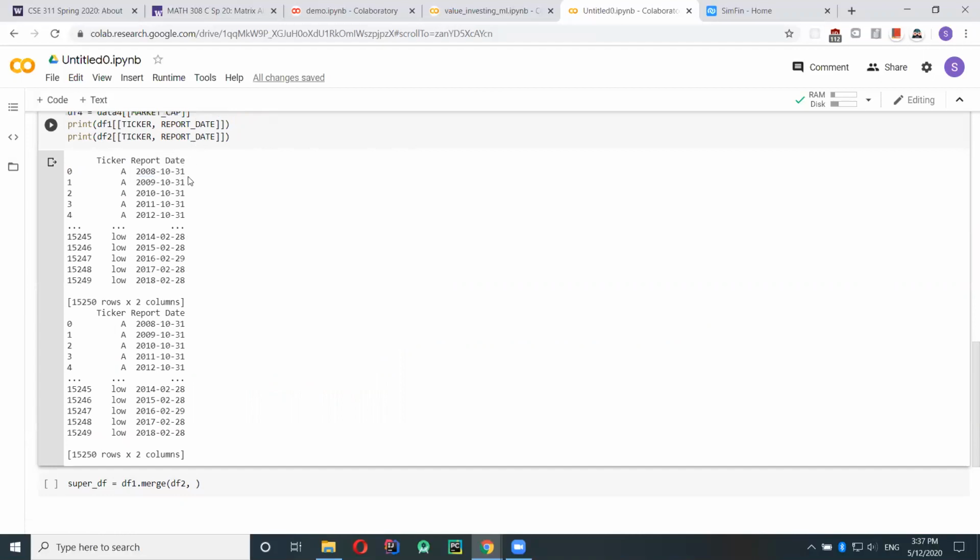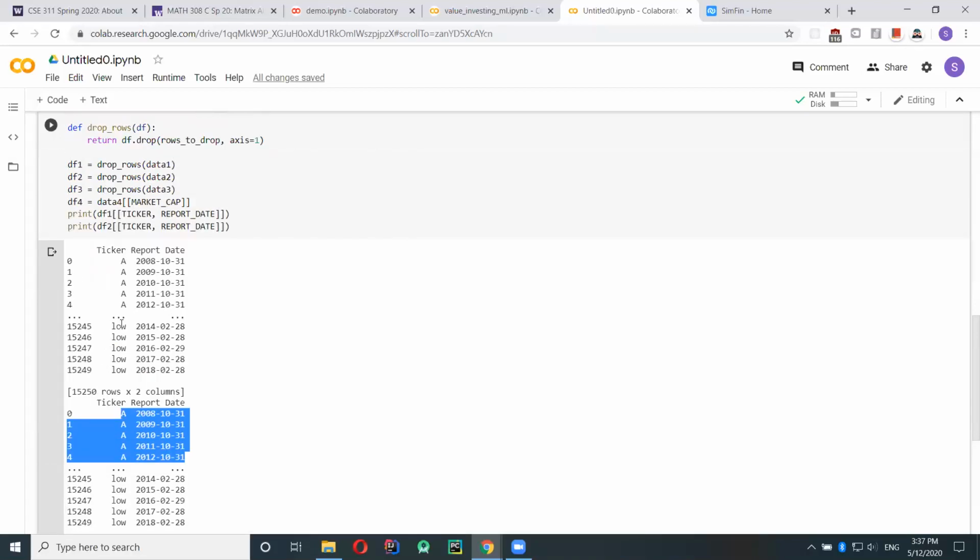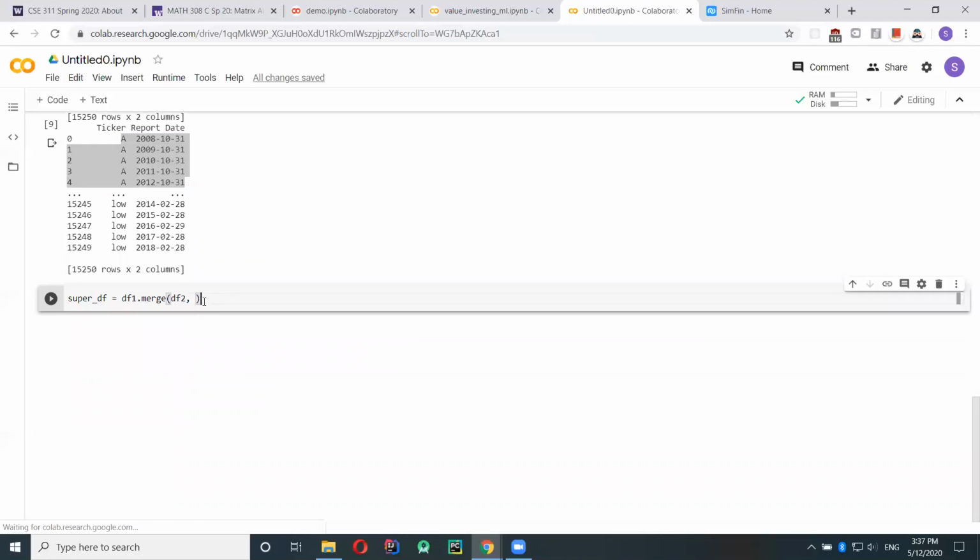So these are two different data frames. Something you may notice is that these 5 values are the same as these 5 values. And so we want to use these 2 columns to join together our income sheet and our cash flow sheet. All right, if that makes sense.